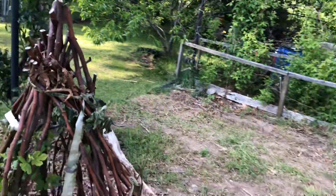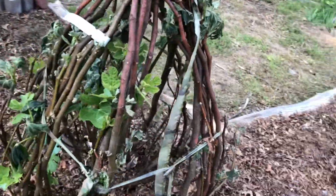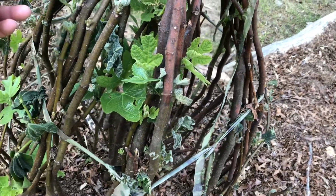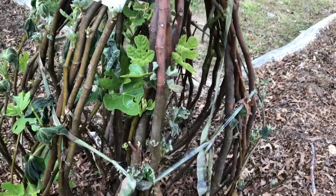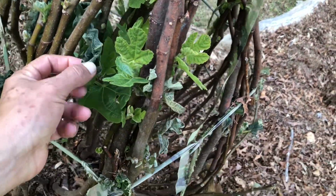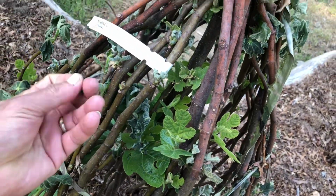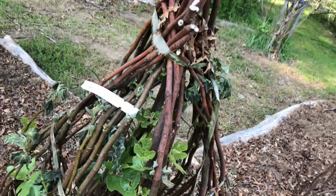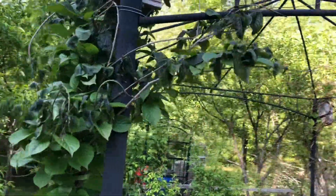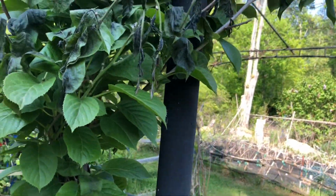And over here, as you see, these are my brown turkey figs. They also got quite a bit of frost damage. Look at these leaves, all crunched. They become dust in your hands. So as you see, this other one here, this one is the Meter